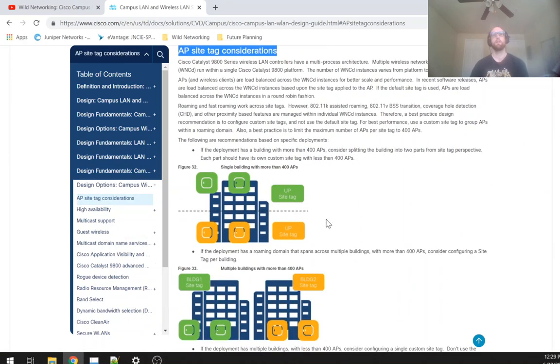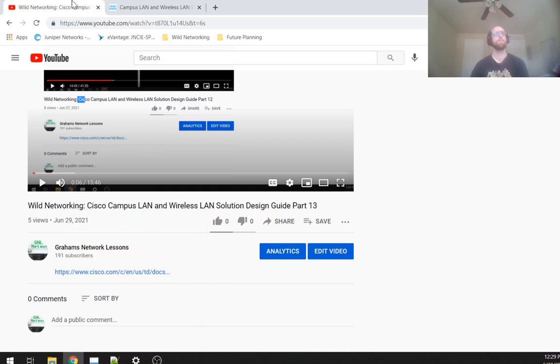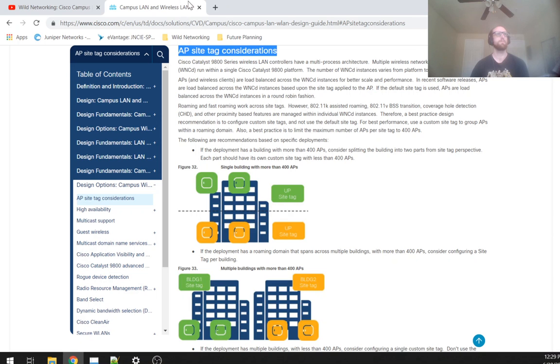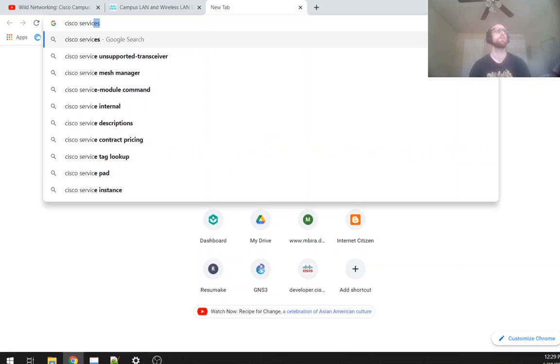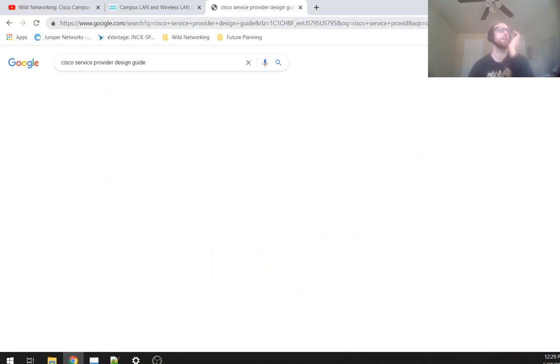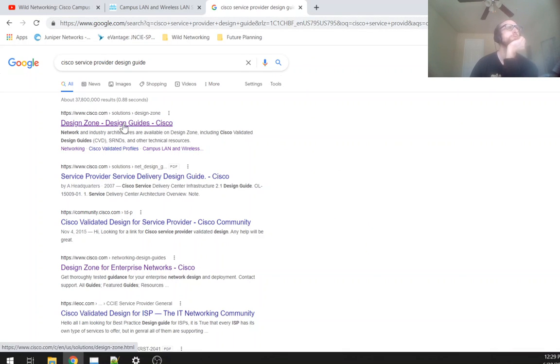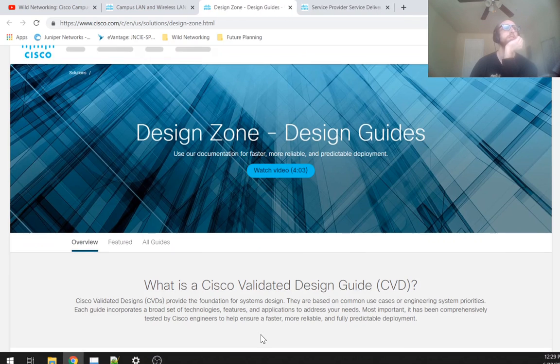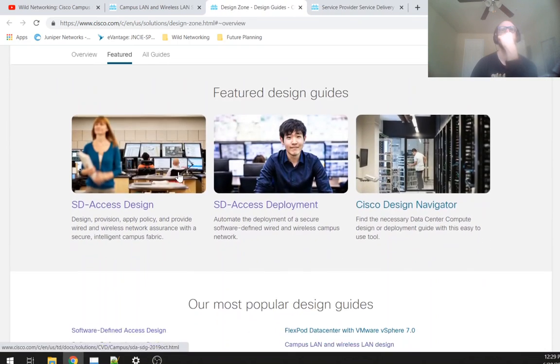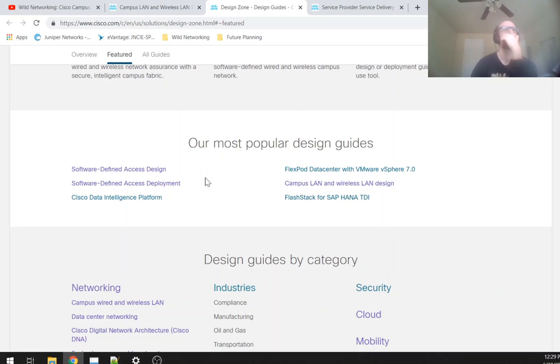I don't want to max myself out too much on this, especially since this really isn't clicking a lot with me. So one thing I might want to do, let's see here, Cisco Service Provider Design Guide. I might want to switch and read the design guide for service provider networks because